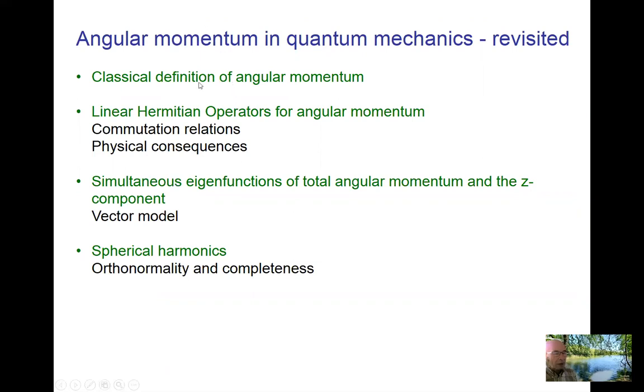So in order to do that, we are going to go quickly through the classical definition of angular momentum. And then, according to the postulates, we need to introduce Hermitian operators for angular momentum, consider commutation relations, to find out which of the components of angular momentum could be measured simultaneously, look at physical consequences of that,